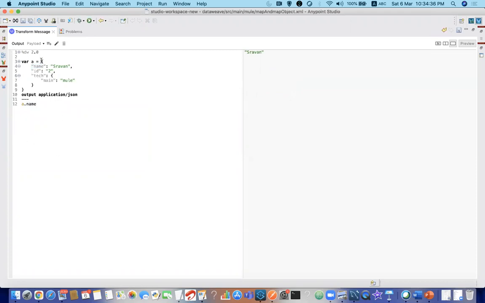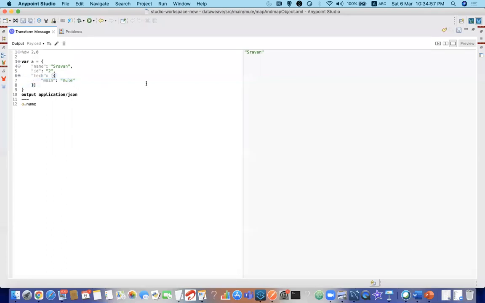But if your payload has an object containing an array again inside it, you can use that. For example, let me put it. So how to use the combination of map and map object?